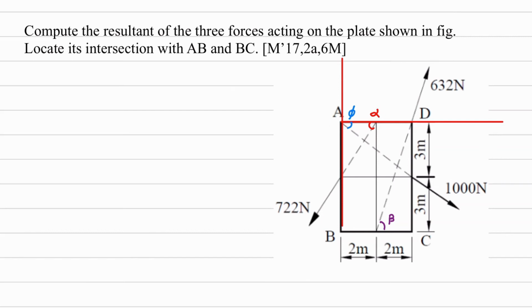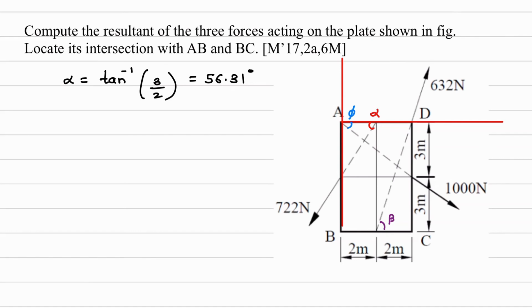We can use the tan ratio. So if you see the diagram over here and consider this triangle, what will be tan alpha? Opposite side, which is 3, upon adjacent side, which is 2. So we'll write down alpha is equal to tan inverse 3 by 2. So this answer is 56.31 degree.